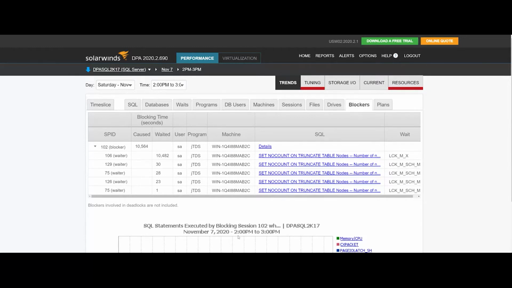This is also available by going to the current tab. And I'll actually show you an example of that in my own test environment in a sec here. But one other example that I wanted to show of things that you can do to correlate information in DPA,